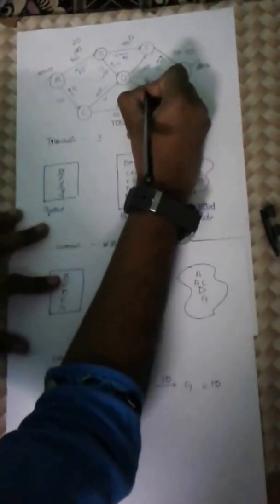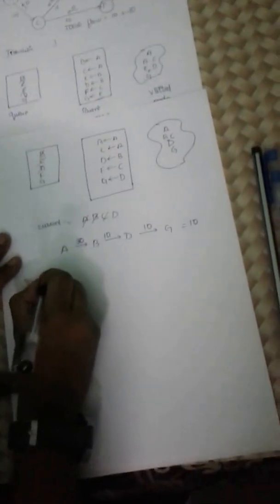This becomes 0, and from D to G I'm cancelling out the 10, it becomes 10. Now the flow is 10, I'm going to add it to the total flow, and the next iteration, again I'm going to draw